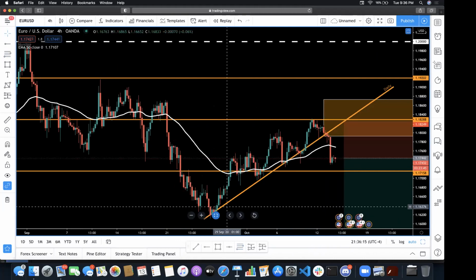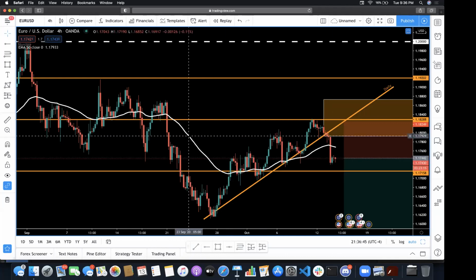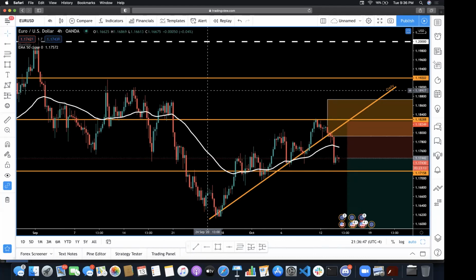What do I see? If I can honestly see all of the structure the clearest on all 3 of my high time frames, the 1 hour, the daily, and the 4 hour, I'm going to choose which type of trade I want to take. Do I want to take an intraday trade? I'll do it on the hour. Do I want to take a swing trade? I'll do it on the 4 hour. Or a position trade? I'll do it on the daily. But I like to enter immediately, as soon as possible, sooner rather than later. So I'll probably use the 4 hour or the 1 hour for this next trade,